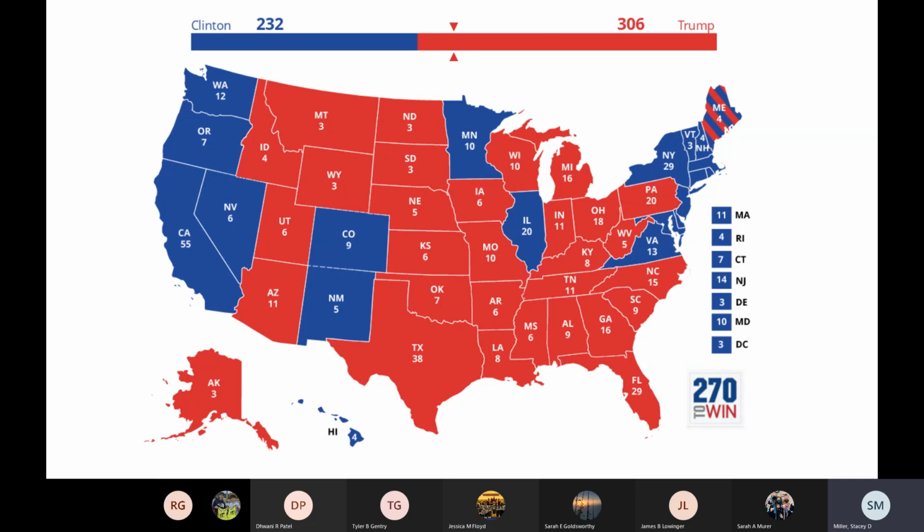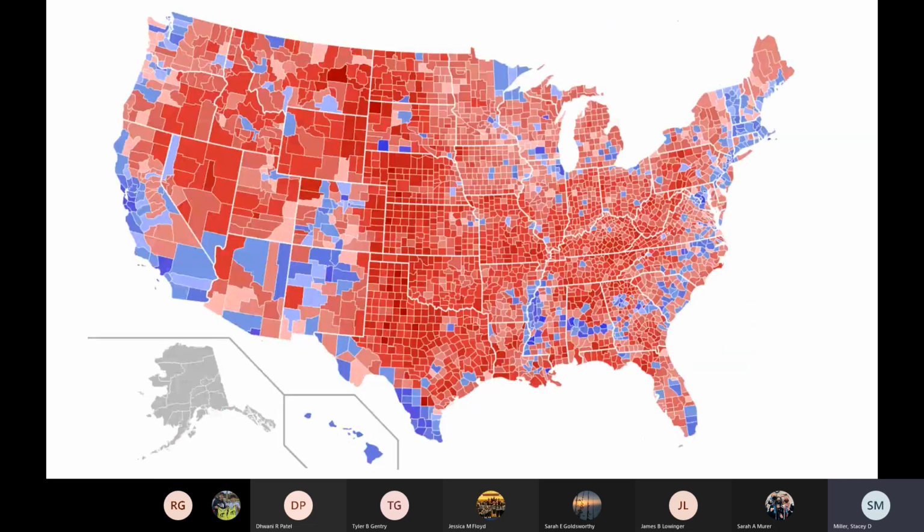So what you'll see in the next slide is a better representation of where people live, right? A lot of this still has to do with geography, where people live. Sometimes people will also look at this map and be like, oh, well, look at all this red, right? And still, this is a map of a Republican victory in the presidency, so don't forget that. But still, look at all of this, right?